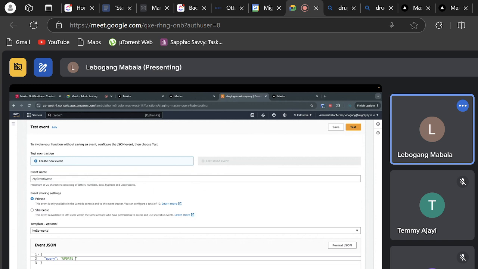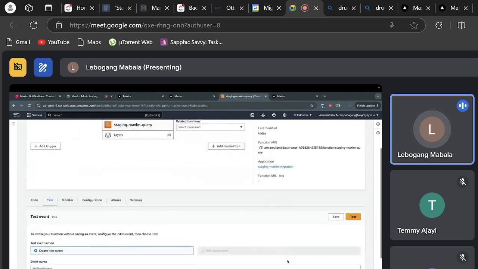Update user set role equals super admin where role equals admin.